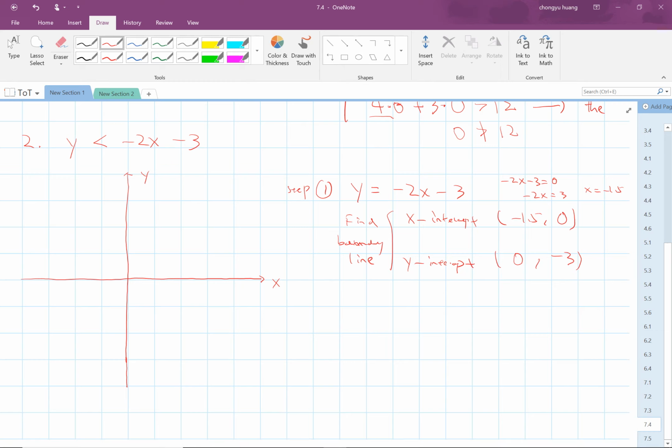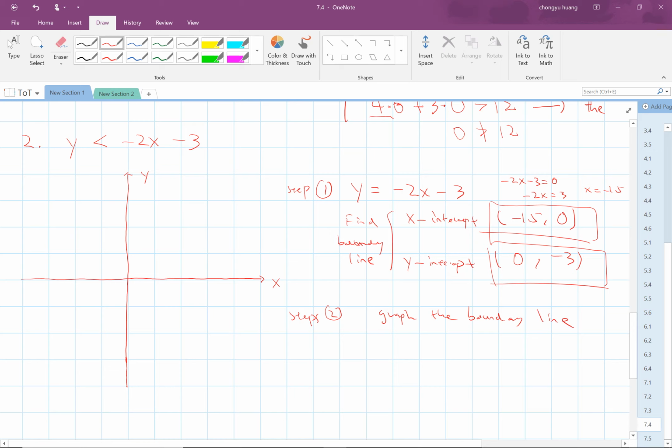Okay, so now we move into step 2. Step 2 is you have to graph the boundary line. Let me actually rewrite this part, it's kind of a little bit messy. Graph the boundary line. So as I told you guys before, how you graph the boundary line is you basically graph